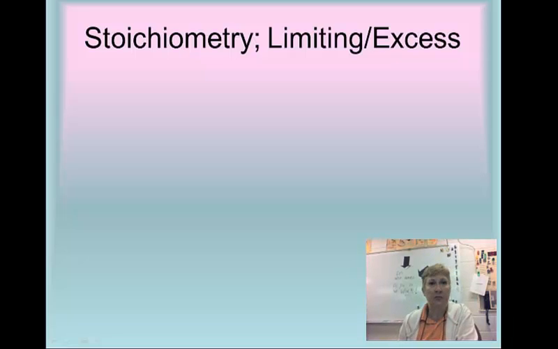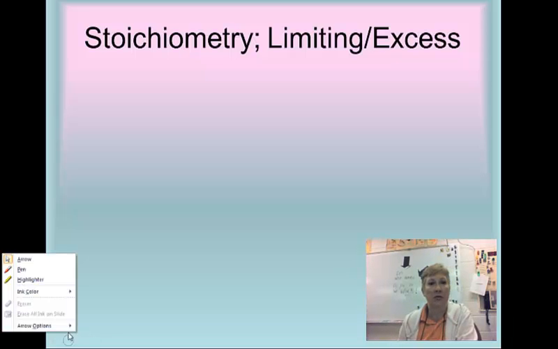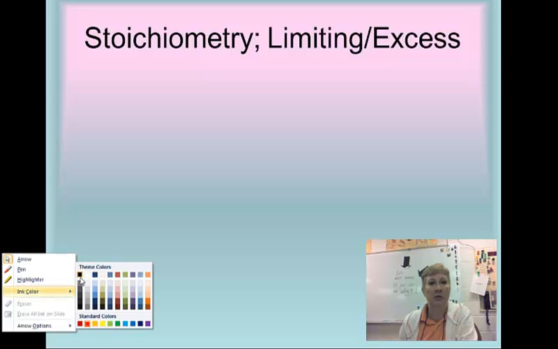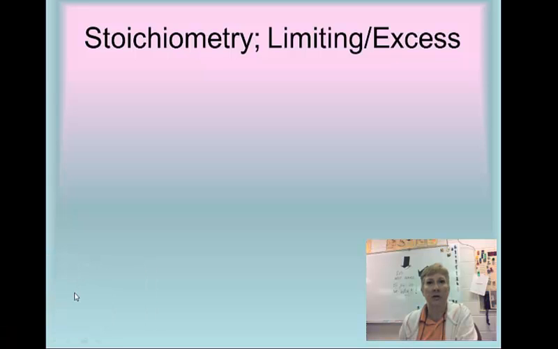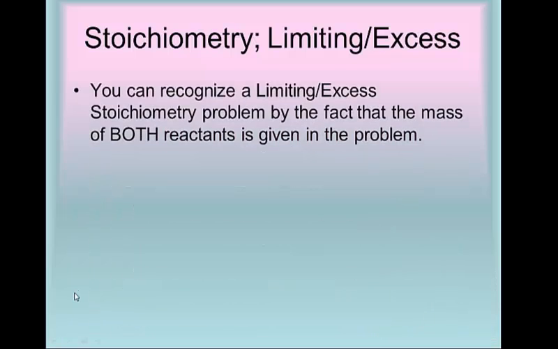Okay, AP Chemistry, this is part 2 of the stoichiometry video, and this one is going to cover limiting excess problems, theoretical yield definitions, and percent yield problems. You can recognize a limiting excess stoichiometry problem by the fact that the mass of both reactants is given in the problem. The minute you see the mass of both reactants, a little voice inside your head says, this is